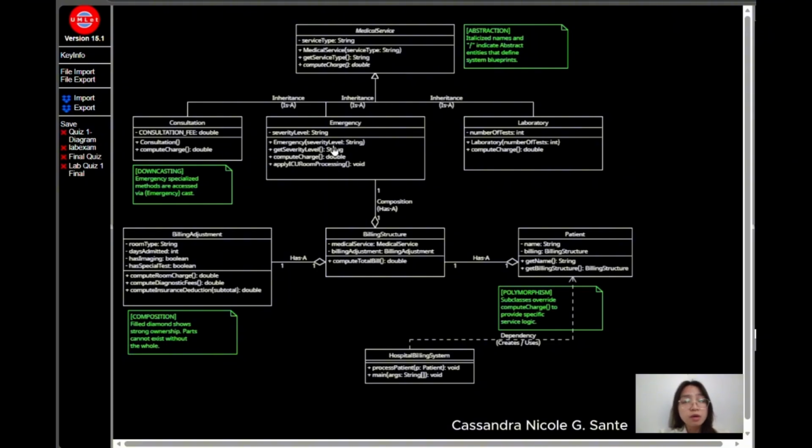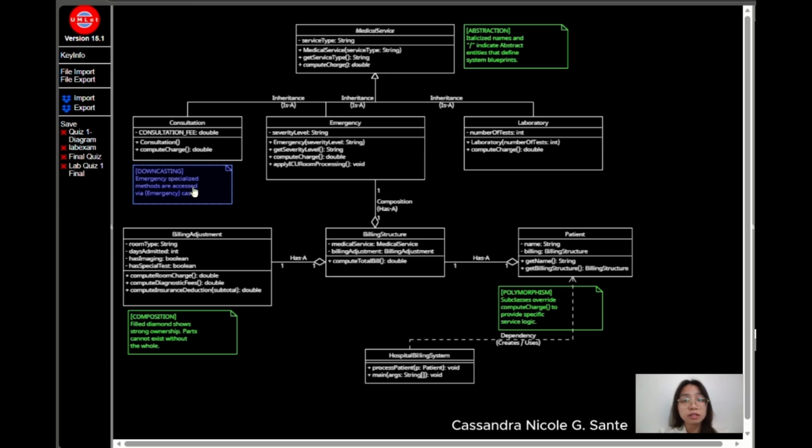In our code, when the system calls the computeCharge method, it dynamically executes the correct logic based on the service type: a fixed fee for consultation, a per-test calculation for laboratory, and a severity-based fee for emergency.